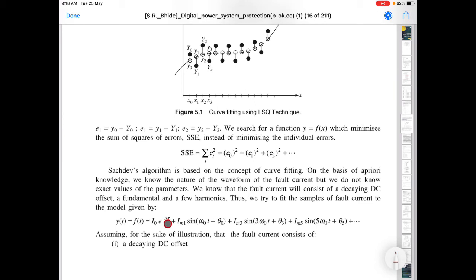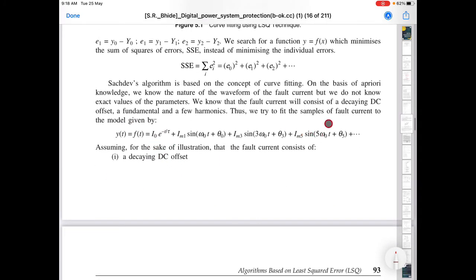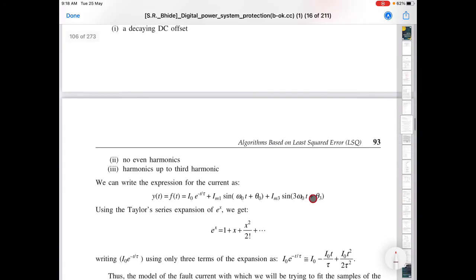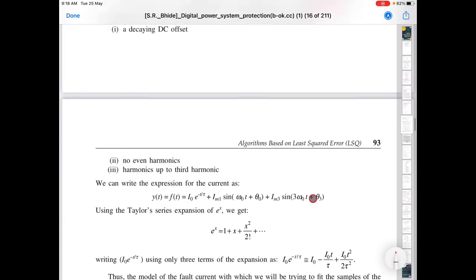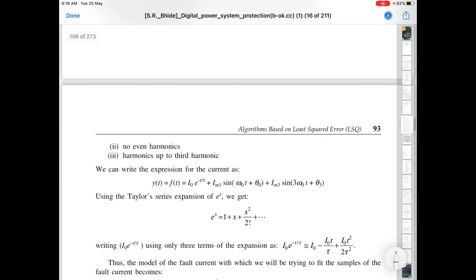This you might have learned in DSP or signals, the exponentially decaying DC offset. So these are the terms, and we neglect this term because this one is more predominant than that. We will take only up to the 3rd harmonic because this is an analysis. Later you can consider it, but for analysis, to have fewer equations, we will neglect this because they are almost of the same nature. We try to reduce the number of terms in an equation so that we can come to some conclusion.